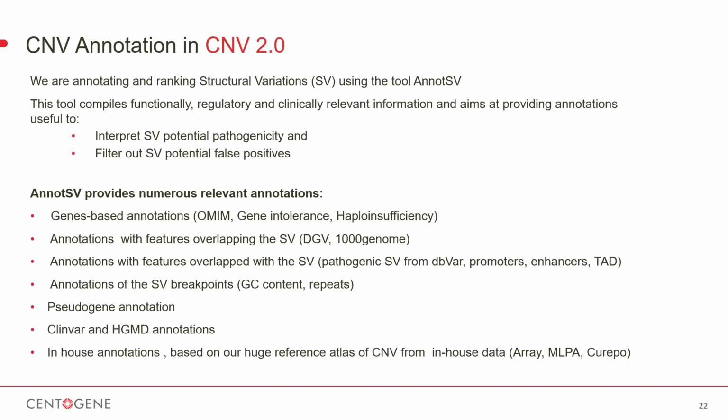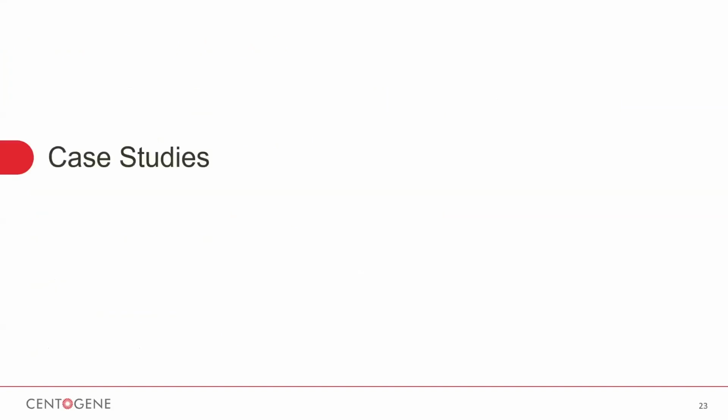This has made us have a huge atlas structuring a large amount of data coming from the different arrays and MLPA we have performed, stored in our CentoXome, which is considered the first repository of data worldwide, from more than 120 countries and different centers. This is again a very important tool. Our huge CentoXome data is improving the results and the quality of the reporting of the variants we provide to our customers, physicians, and patients.